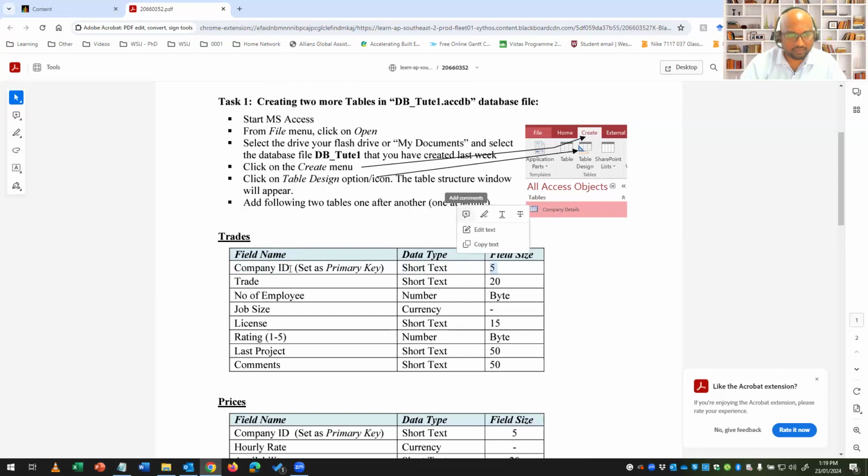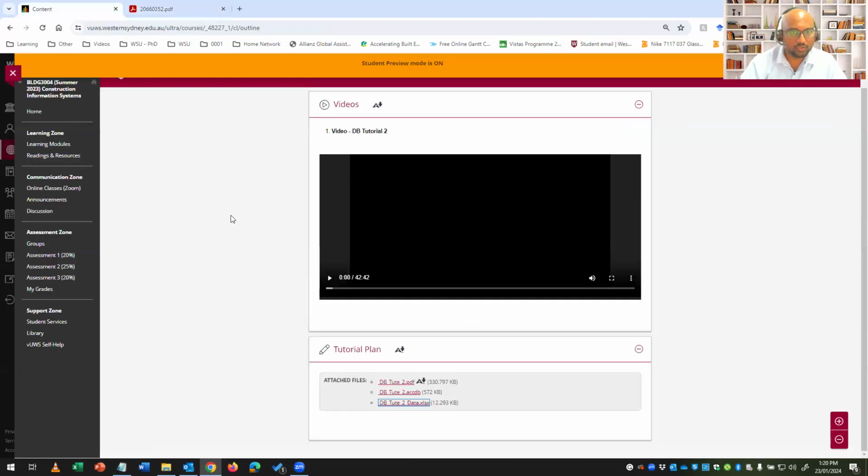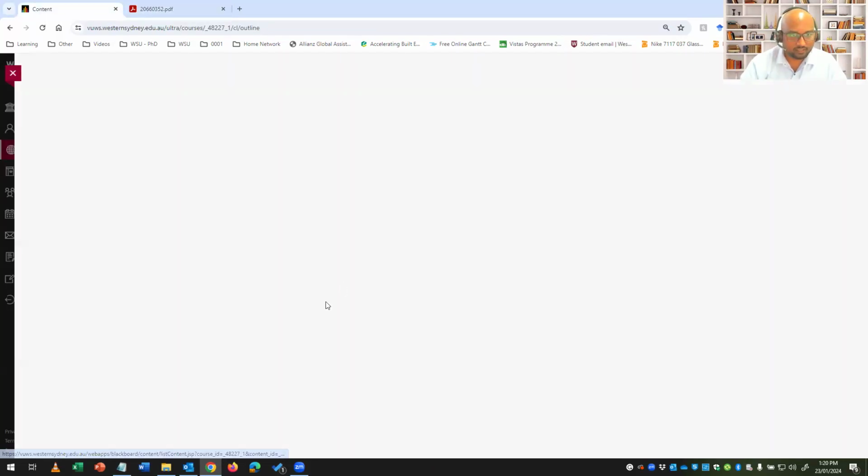So we have a company ID, short text, it's a text value, and 5 characters. And the field name is the trade, and it's a short text and 20 characters. Number of employees, number, byte means 0 to 255 size number. If you can't remember these data types and field sizes, you can go back to last week, week 7,